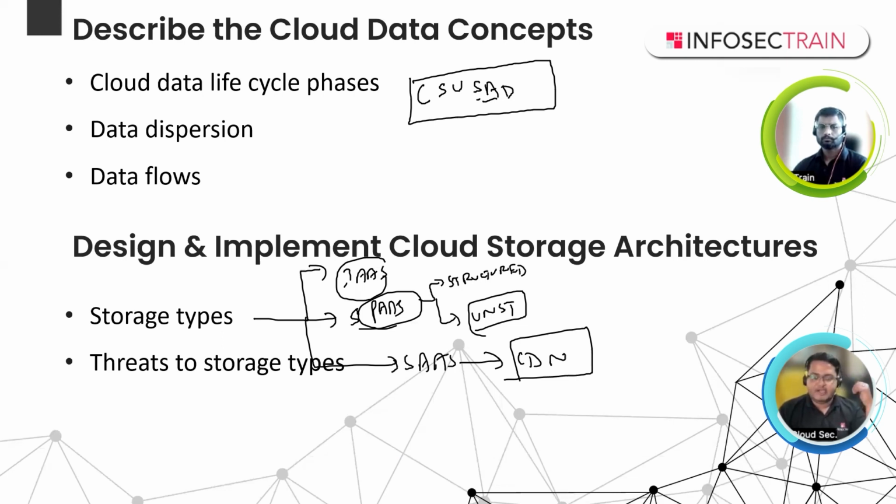The second point is that when talking about threats to storage types, in fact, when you go to cloud computing, if you see the latest one called the CSA Pandemic 11 or Notorious 9, there are a lot of specific threats which they have mentioned. That means they are still valid and are now one of the major concerns in the industry. So you must clearly understand the concept of unauthorized access, unauthorized usage. Then we also have to understand malware introduction, lack of proper sanitization. All these kinds of threats we have to understand.